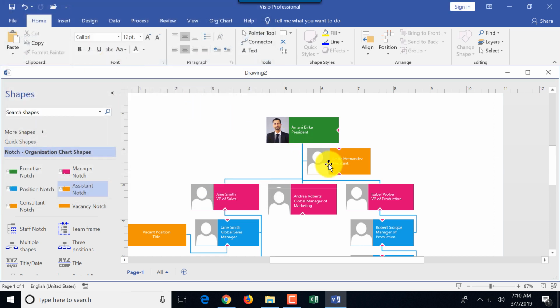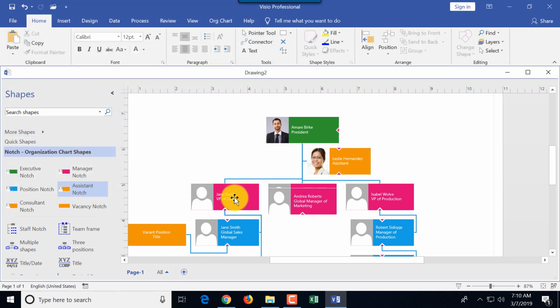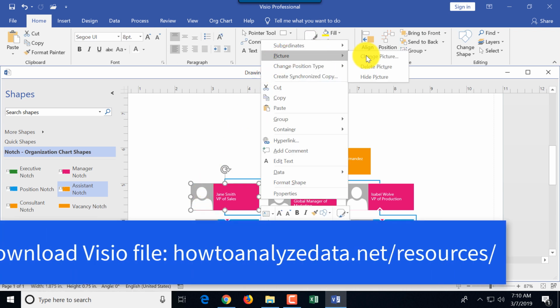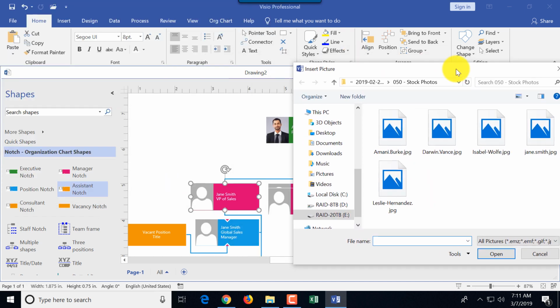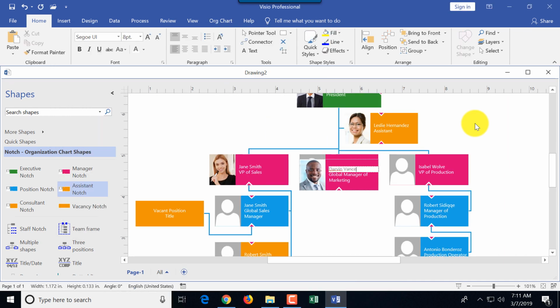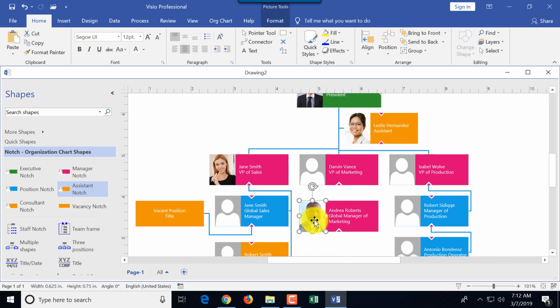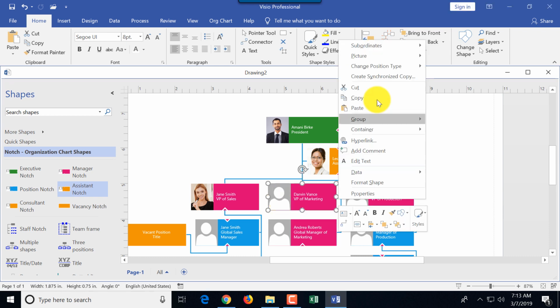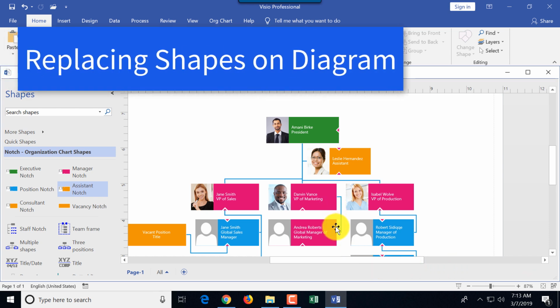So this is Amani Burke. We'll just insert Amani. Then we'll do the same thing for Leslie. I just need to find Leslie. Then we will have Jane here. And I'll do it in fast forward so you guys don't have to see me struggling, because it's the same operation. So now we're done with all the pictures,